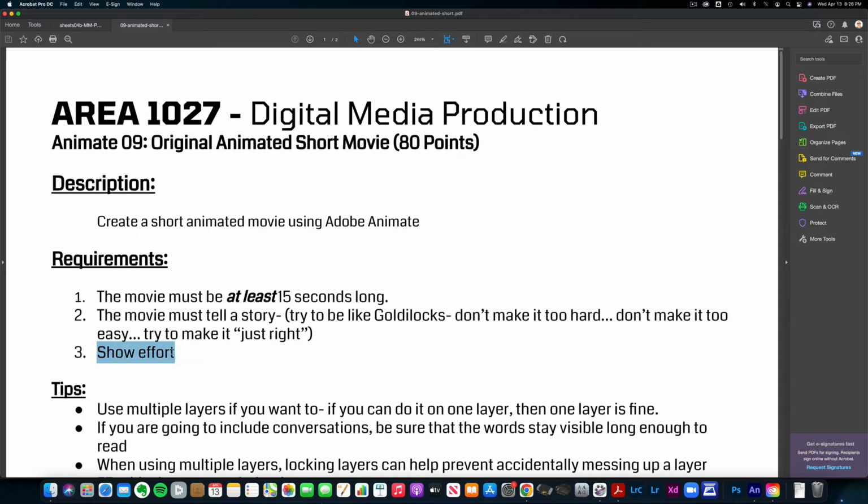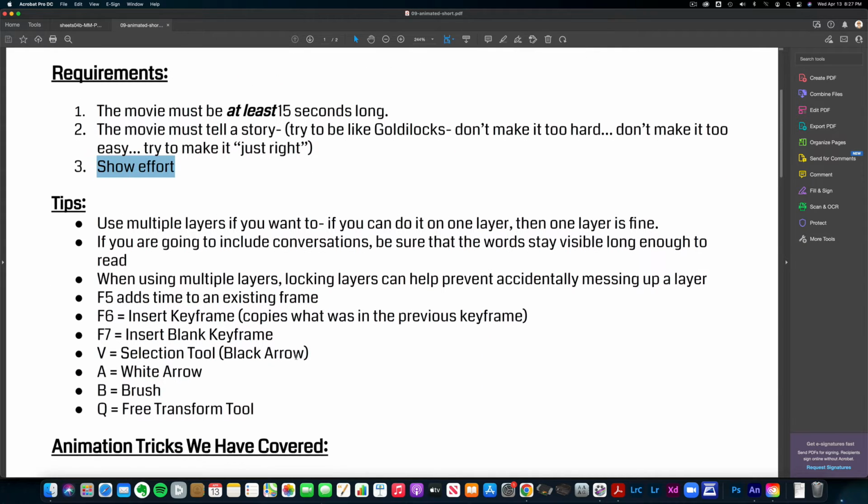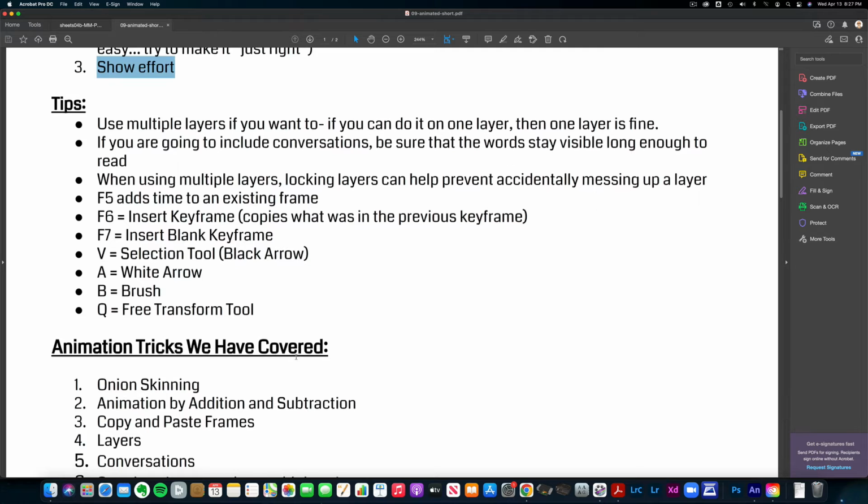Got to show a little effort on this. Don't just be sloppy and careless about things that you do. Try to make it look good. Do the best that you can. Try to remember things that you've learned. Ask for help when you need help. Like I said, if everything goes right, I'll be back tomorrow and I'll be able to help you along with this. I've got a few tips and everything listed on the handout here,